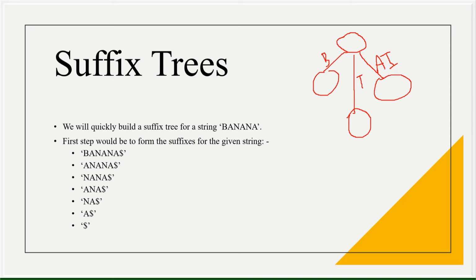So now before building a suffix tree, we have to first understand its rules, which I will quickly explain orally. The first rule is that the tree must have exactly n numbered leaves. I will explain what the n stands for, but a tree must have exactly n numbered leaves. The second rule is every internal node will have at least two child nodes. Basically, if this is our internal node, then it should have at least two child nodes. Here we have got three, so it should have at least two. So a tree drawn like this is not allowed.